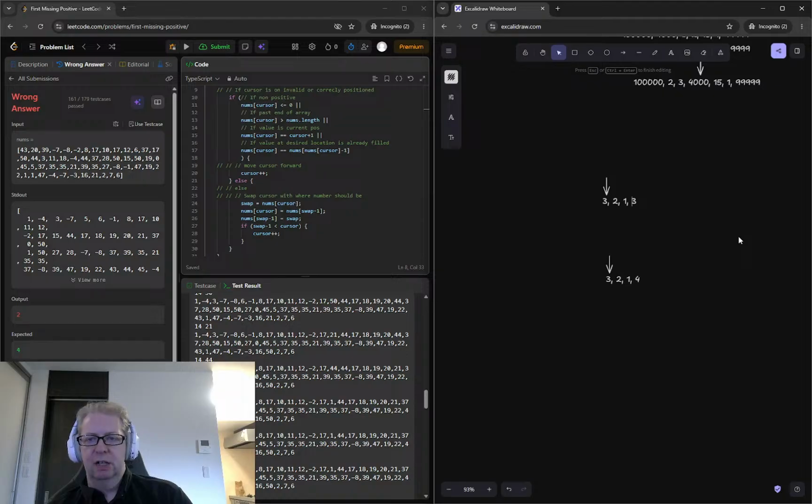If we do 3, 2, 1, 2 over here and 4 over here. Well, the 2 is like that. We need to make sure that we get to this 2 and attempt to do it. The 3 is going to swap with the 1. But we're not going to move the cursor forward. Yeah, this is going to fail, right? Because we're not going to move the cursor forward. And then 1's in the right spot, so we'll move forward. That one's in the right spot, so we'll move forward. In this case, the 4 is fine because it's in the right spot, but